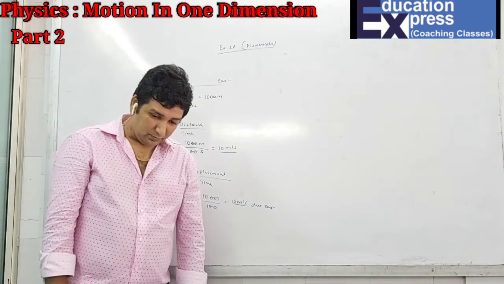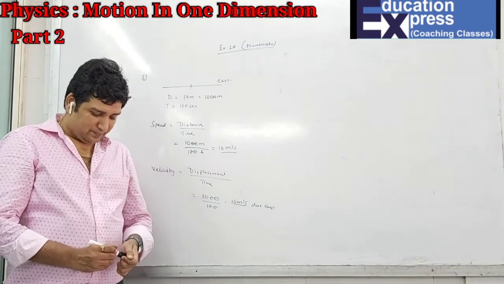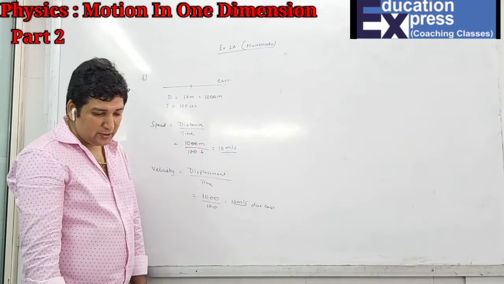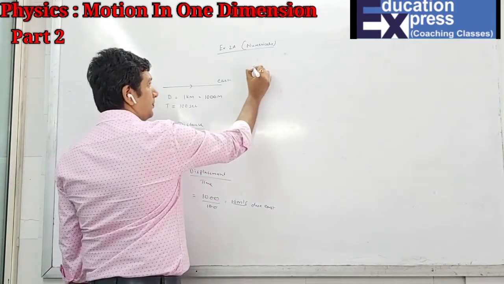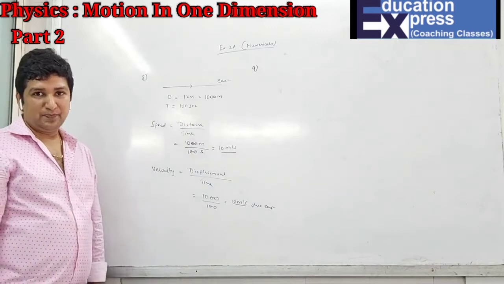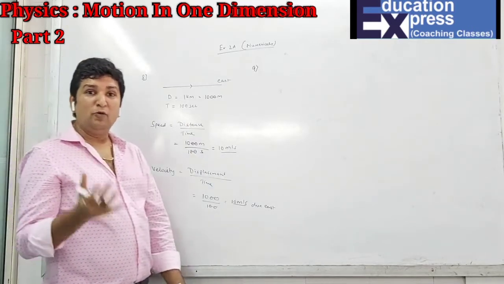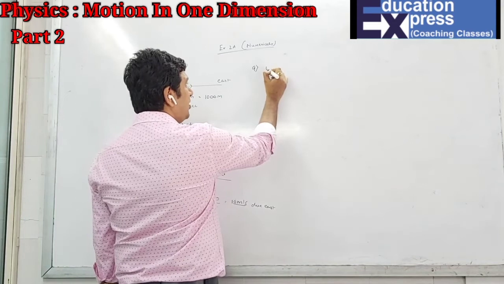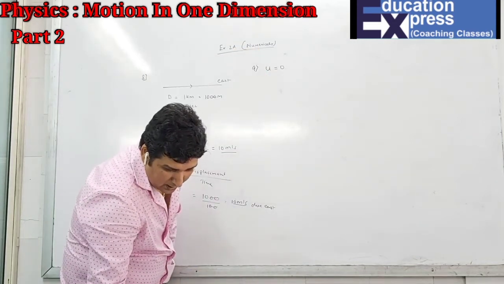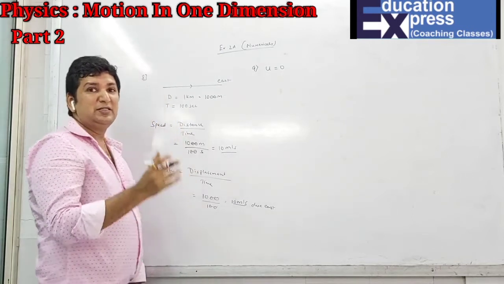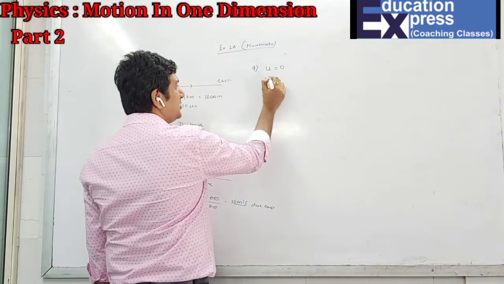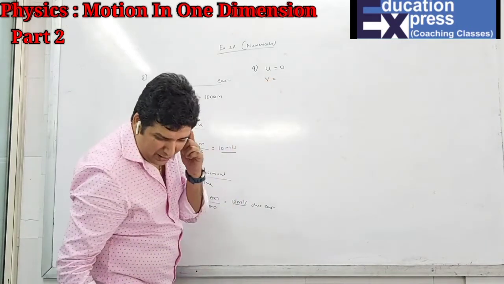8th sum done. Now the 9th sum. The body starts from rest. So I have told you, when the body starts from rest, that means it is not moving. That means what is the initial velocity of the body? 0. And acquires. If you just see that word what I have given, in acquires, what I have told you, acquires means final velocity is either given or asked. Here they have given it acquires how much?